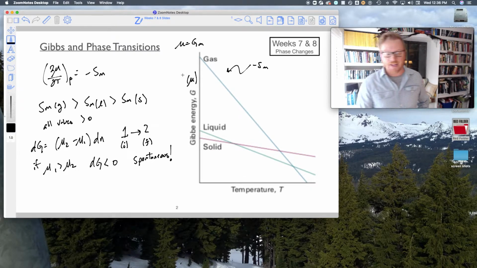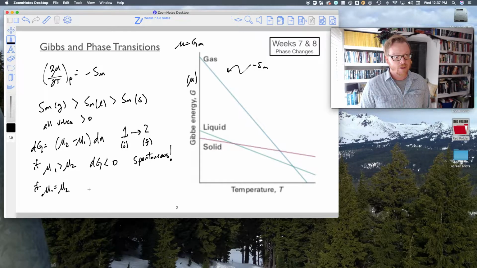But because it's final minus initial, right, if mu1 is greater than mu2, then this is negative, and so that transition will happen spontaneously. Well, what if mu1 equals mu2? Okay, then dG equals 0, and this corresponds to equilibrium, or what we call on a phase diagram